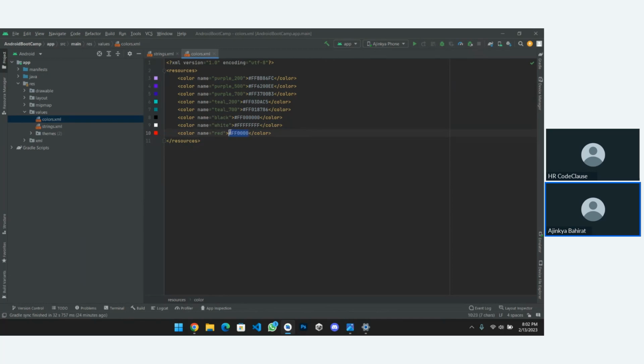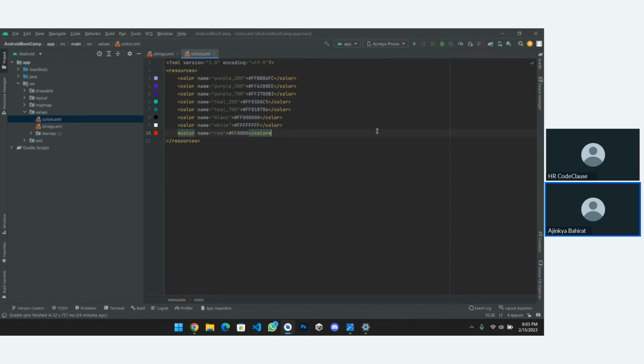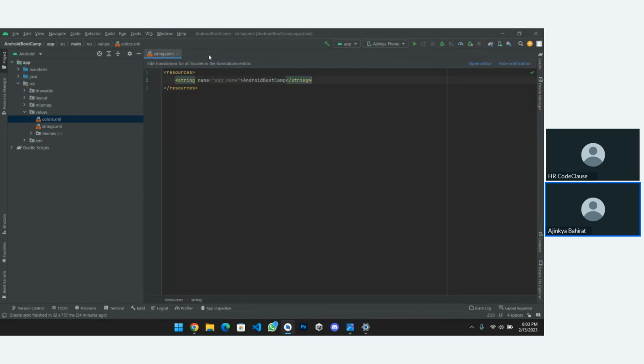It will automatically generate the code for it. So while developing our application, when I type red in the context of color, it will provide me this color. Okay, so this is the color file. And the string file stores the different names or different parameters from your application over here. So why do we need to maintain the string file? Here is another thing. And yes, colors are the different colors used in our application.